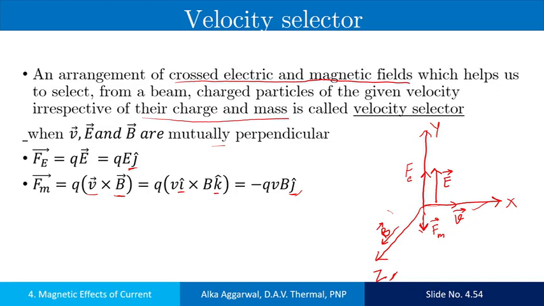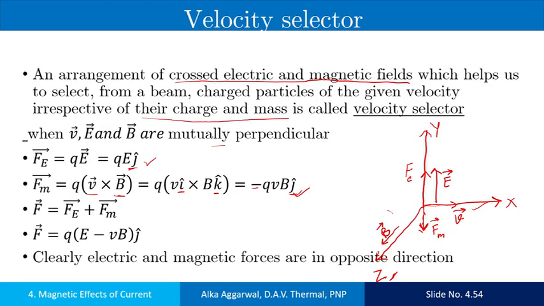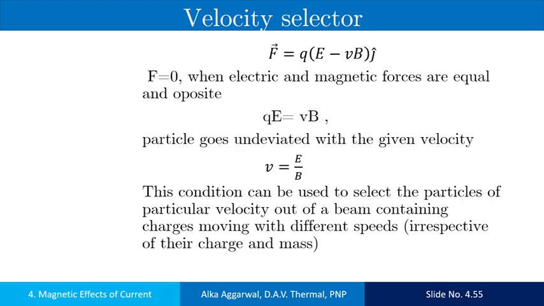Now, you will understand that the electric and the magnetic forces are perpendicular to the velocity and they are acting in opposite directions. The electric force is along the positive y direction and the magnetic force is along the negative y direction, right? Now, net force is Fe plus Fm, as they are in opposite directions, so we subtract the two forces. Net force is 0 when the electric and magnetic forces are equal. So this will be the condition,